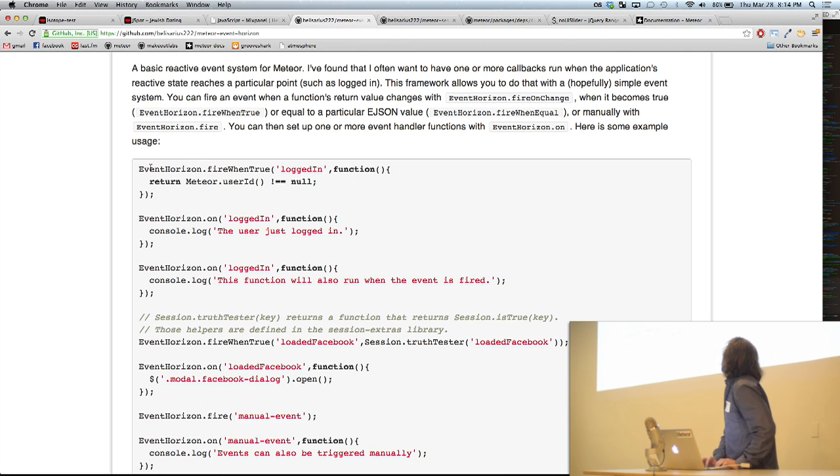So Event Horizon is an attempt to do this, and I gave it a few different ways of firing the